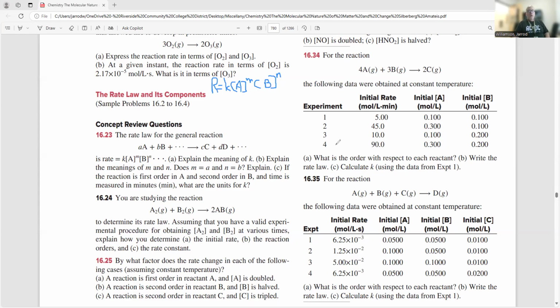Okay. So now if we take a look at experiments 1 and 2, B was held constant, and we tripled the concentration of A, and the rate, let's go here, 45 divided by 5 is 9. So 3